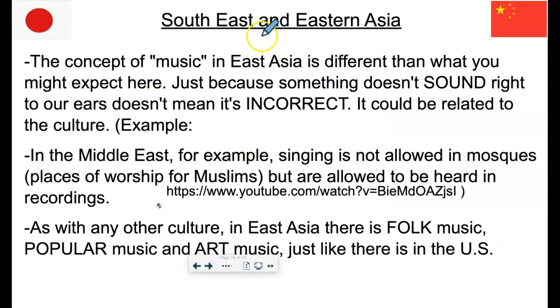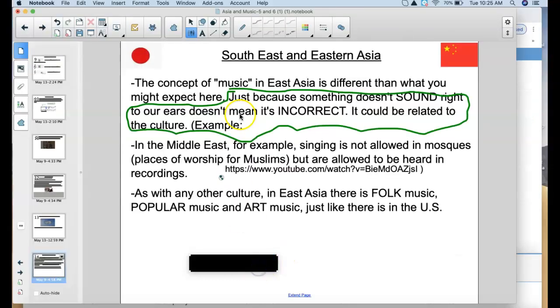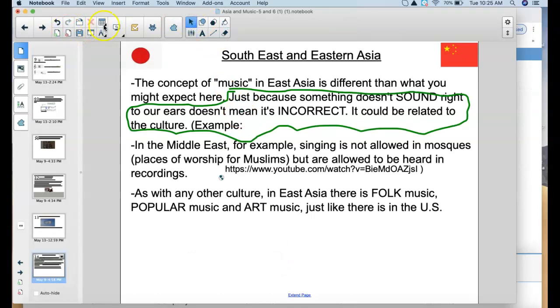All right, so let's go to Southeast and Eastern Asia. In other words, Japan and China. The concept of music in East Asia is a bit different than what you might expect here. But this is the important thing. Just because something doesn't sound right to our ears doesn't mean it's incorrect. Okay? That's the most important thing to remember when listening to music. Okay? So, let's take a look